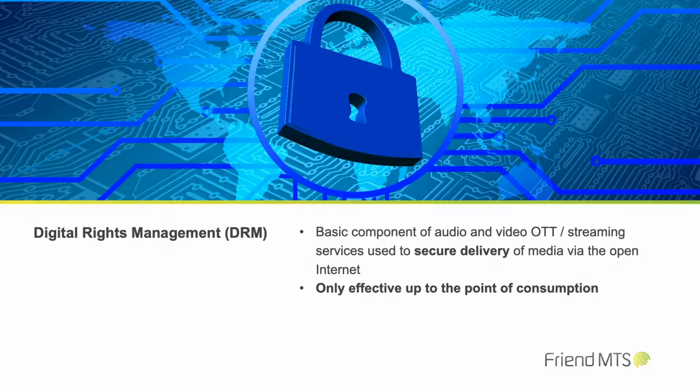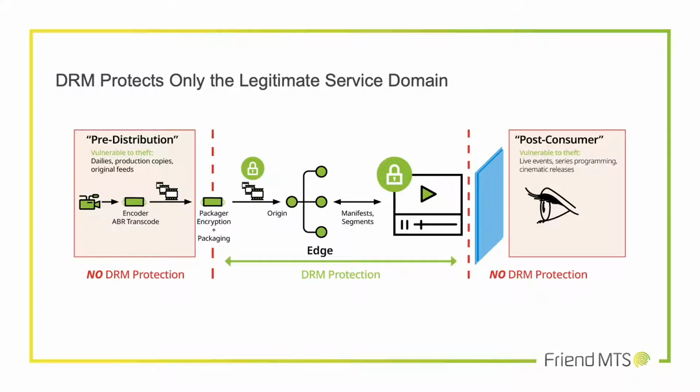Let's take, for example, a typical legitimate streaming service. We have on the left our pre-distribution, so acquisition of material, then we have encoding and packaging, through to content distribution, maybe the CDN, we have origin and edge here, then into the player on the device. And then we have the player screen. This is the distribution chain of our material created, and the DRM protects the delivery of the media between the red lines where it says DRM protection along the bottom.